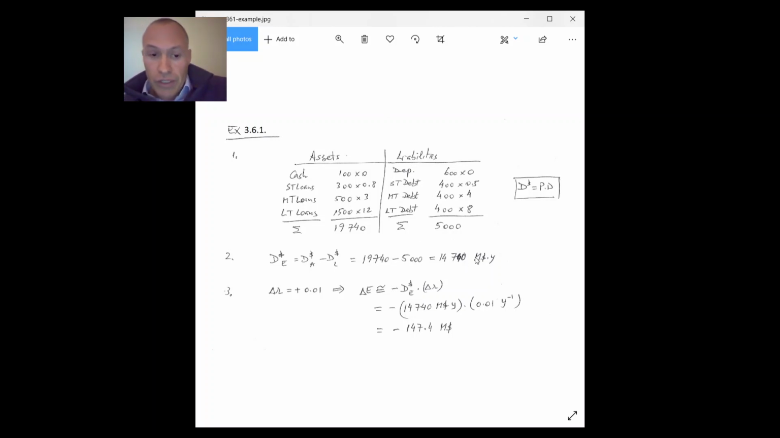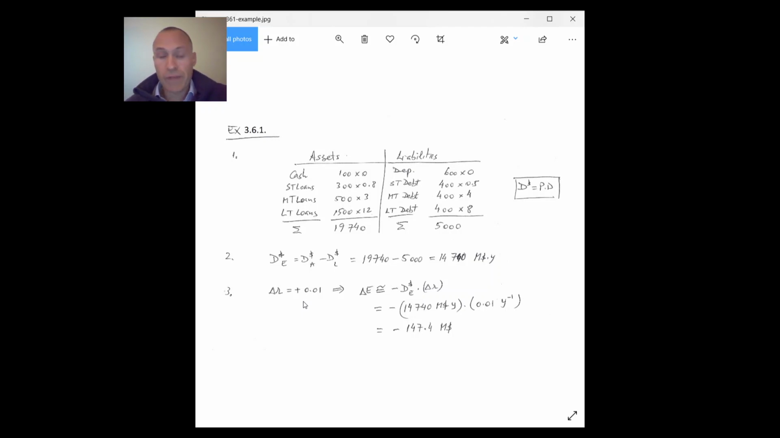Again, in weird units, recall that these market values are in millions of dollars. The simple durations are in units of years. So I get, again, this weird thing of money times time, or millions of dollars times years. Okay, I don't know what this means. So let's